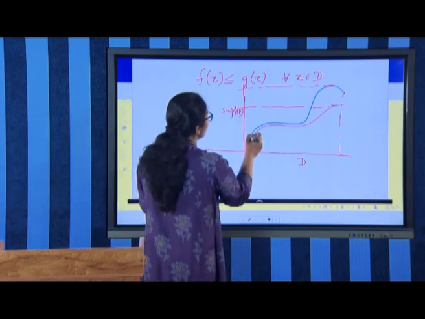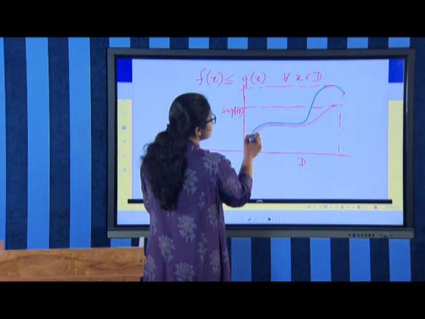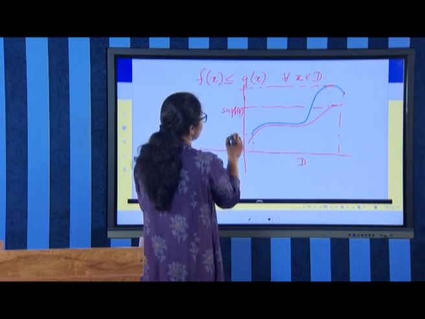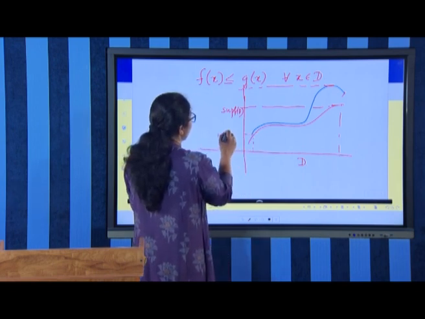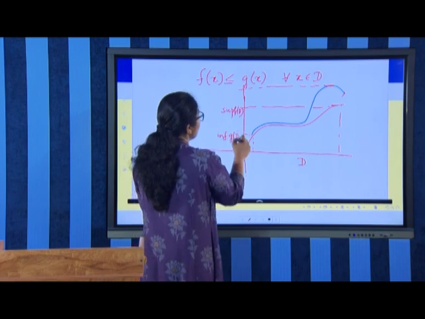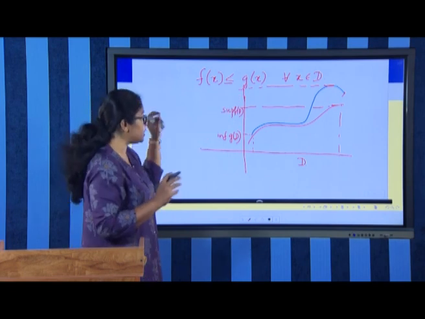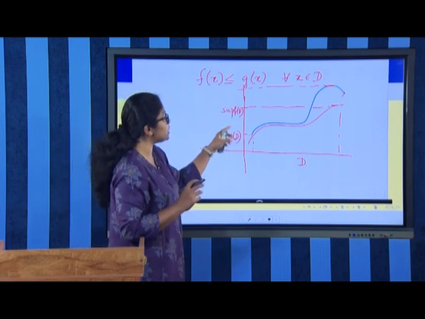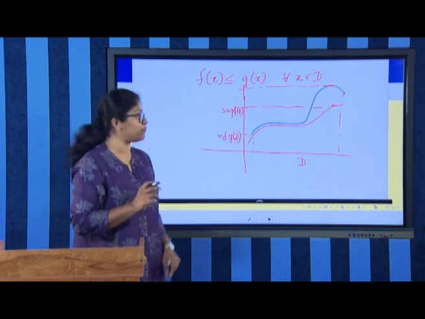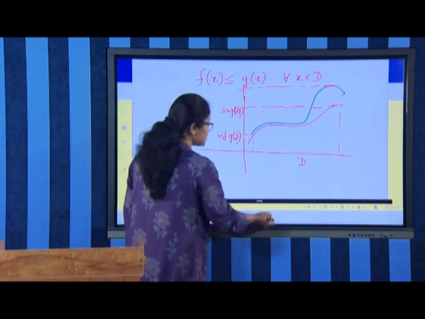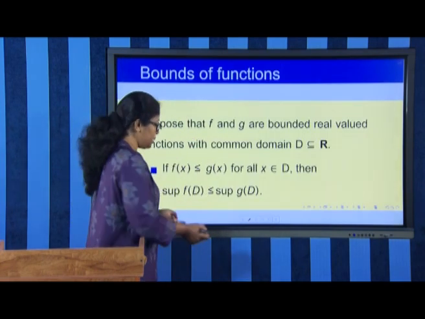Infimum of g of x lies somewhere here. So, this is the lowest value of g. So, infimum of g of D is somewhere here. So, this inequality does not guarantee that the infimum of g of D is higher than the supremum of f of D. That is the next result that we have, namely,